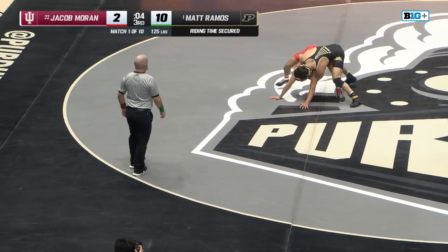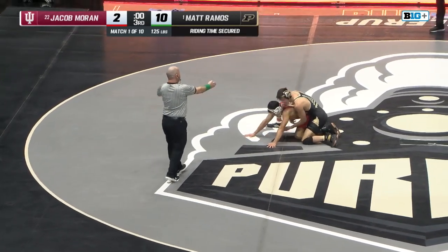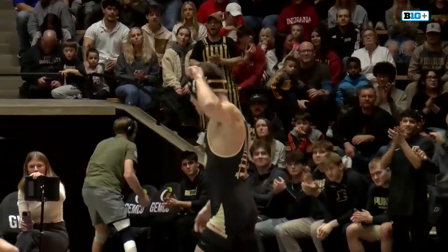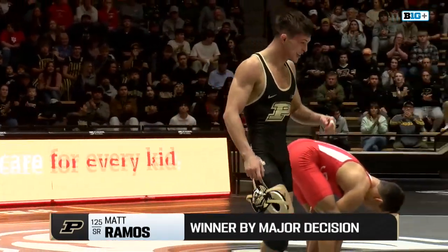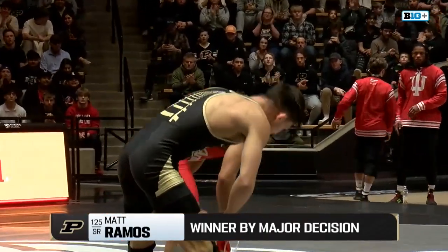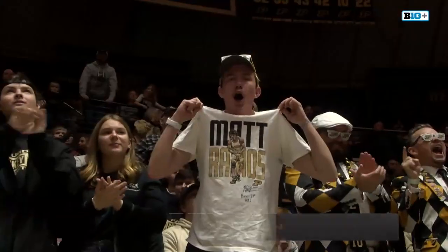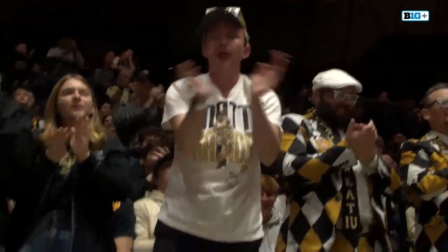The fans here in Mackey Arena to their feet to show some respect to the number 1 ranked wrestler at 125 pounds, and Matt Ramos gets the 11-2 victory, extending his win streak to 19 in a row as he puts the hammer down. Good win for Ramos, good start for the Boilermakers, and a 4-point edge on that team score after one bout. The faithful here at